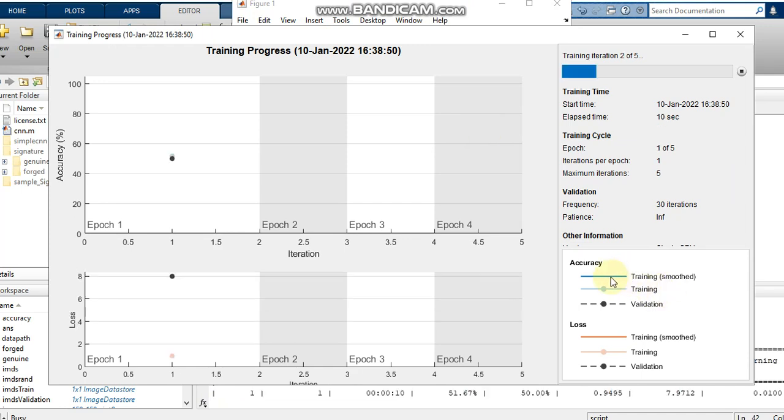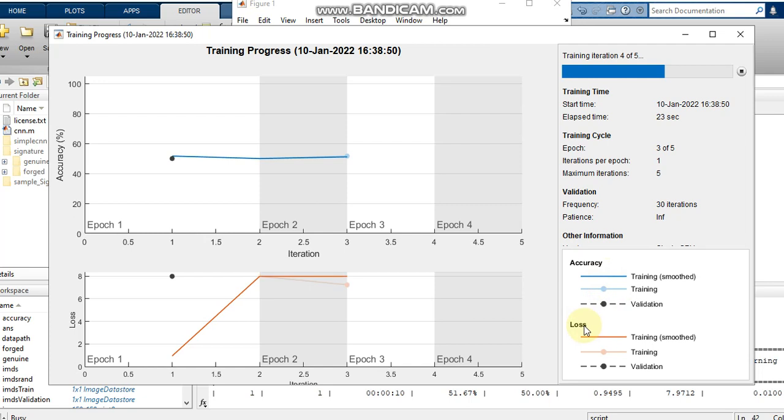Here you can see the difference. The lightly visible line is the training, and the heavily visible line is the smoothed training and validation. Likewise for loss also.